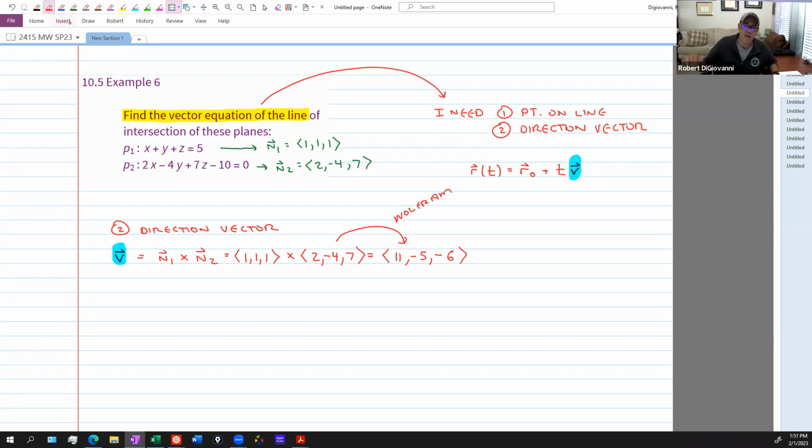But we can do it by hand if we needed to. All right, so of the two things I need, I've got one of them: the direction vector for the line. I just now need a point, any point that lives on that line. So to get the point,